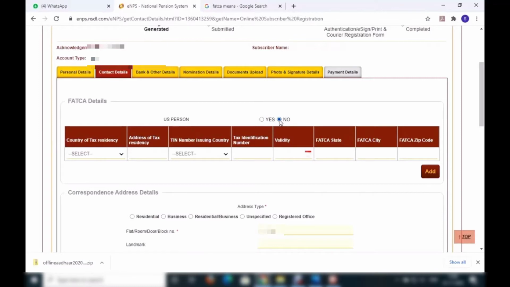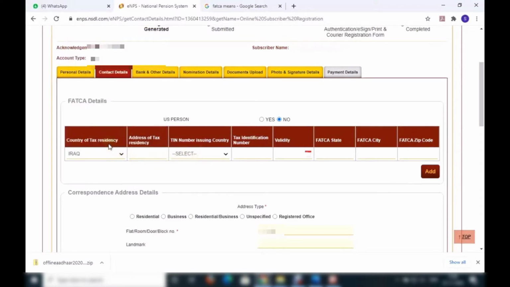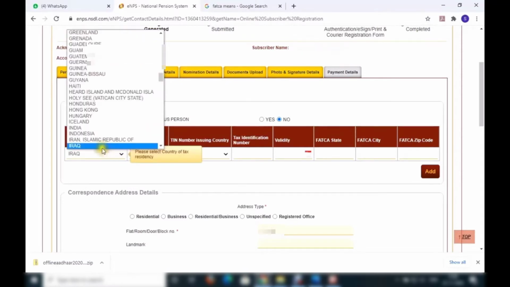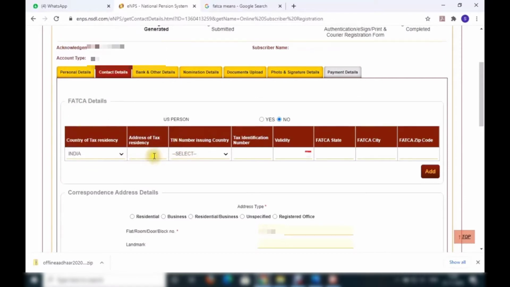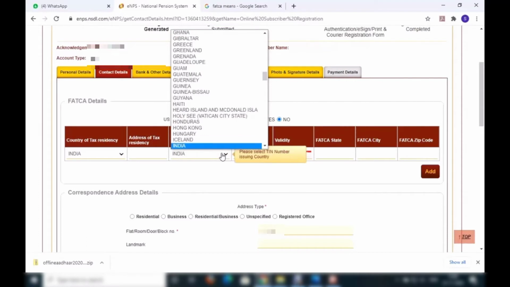Next is the contact details. Here you have to fill the FATCA details. Those who are paying tax in the US can click on yes and fill all the details, or else click on no and fill the details. Only US persons can click on yes. Country is India.